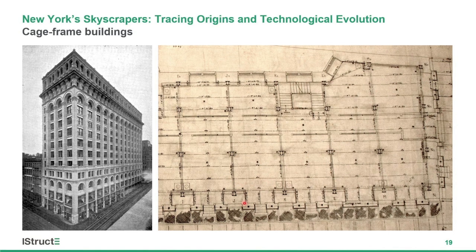But look at that pier right there, that huge pier, and you can see these huge piers. Look where the column is. It's way on the inboard side of the pier. That column could support the pier, but it would be very difficult to support all that masonry from a column located at one face. So that's a tip-off. I happen to know more about this than this picture shows. That's a tip-off that this is a cage frame building. The exterior wall is self-supporting,